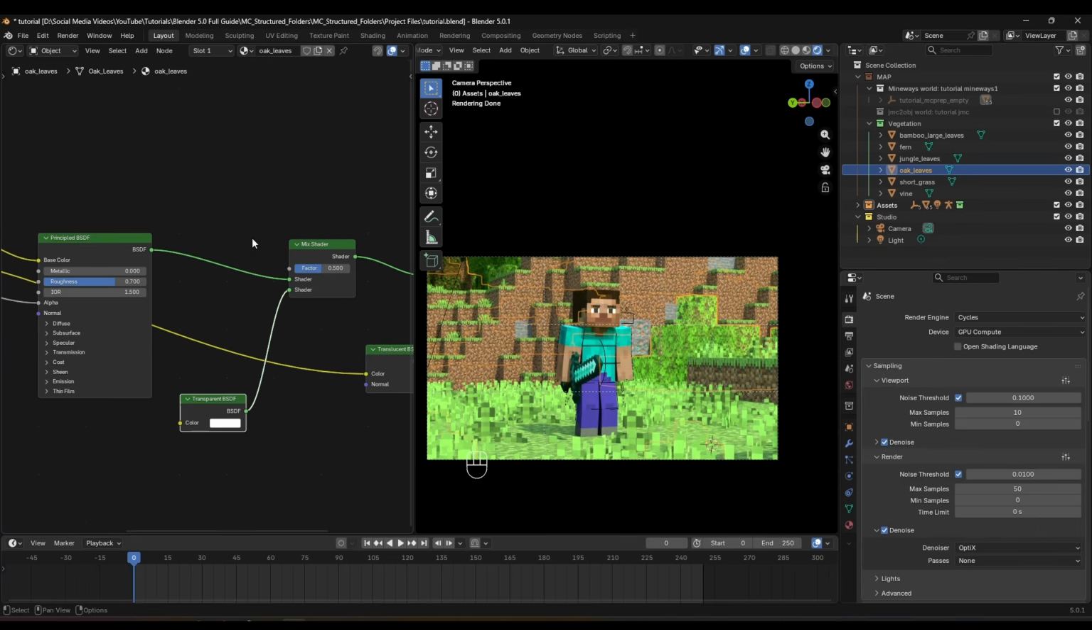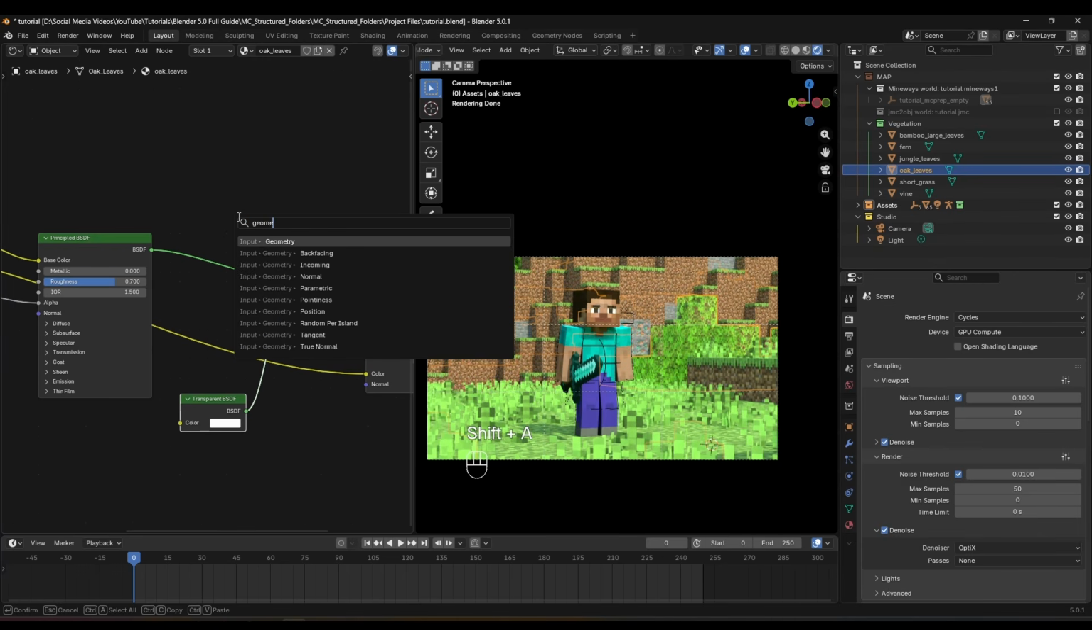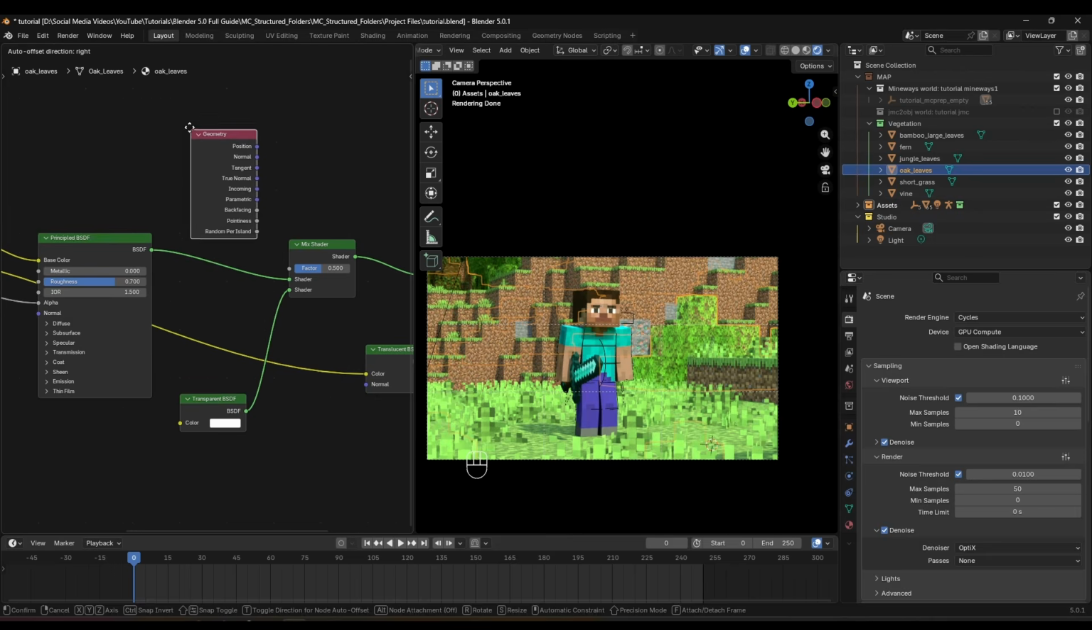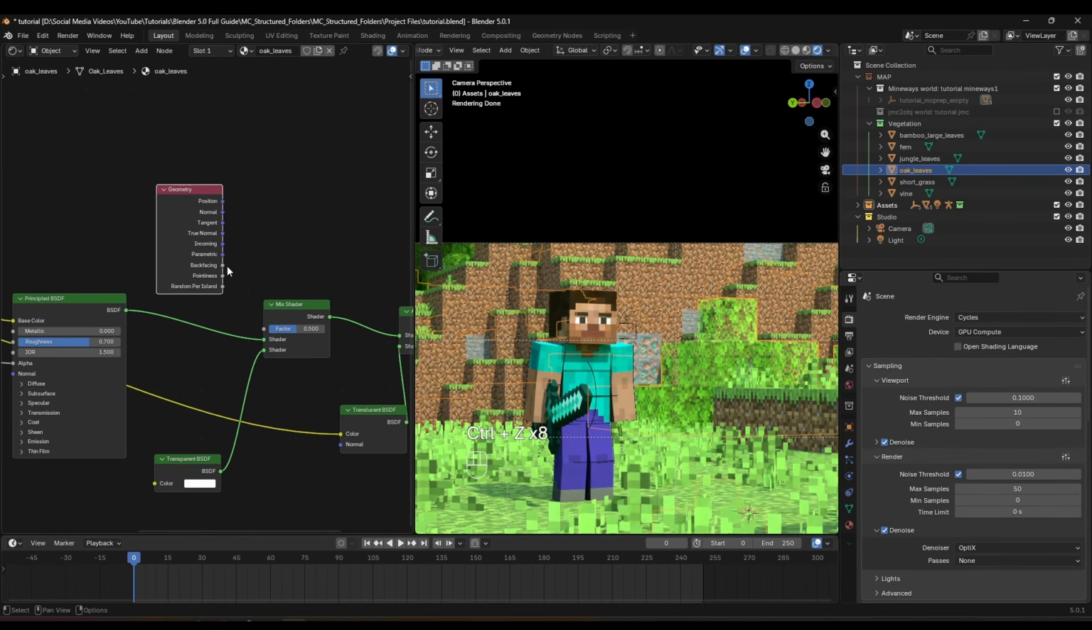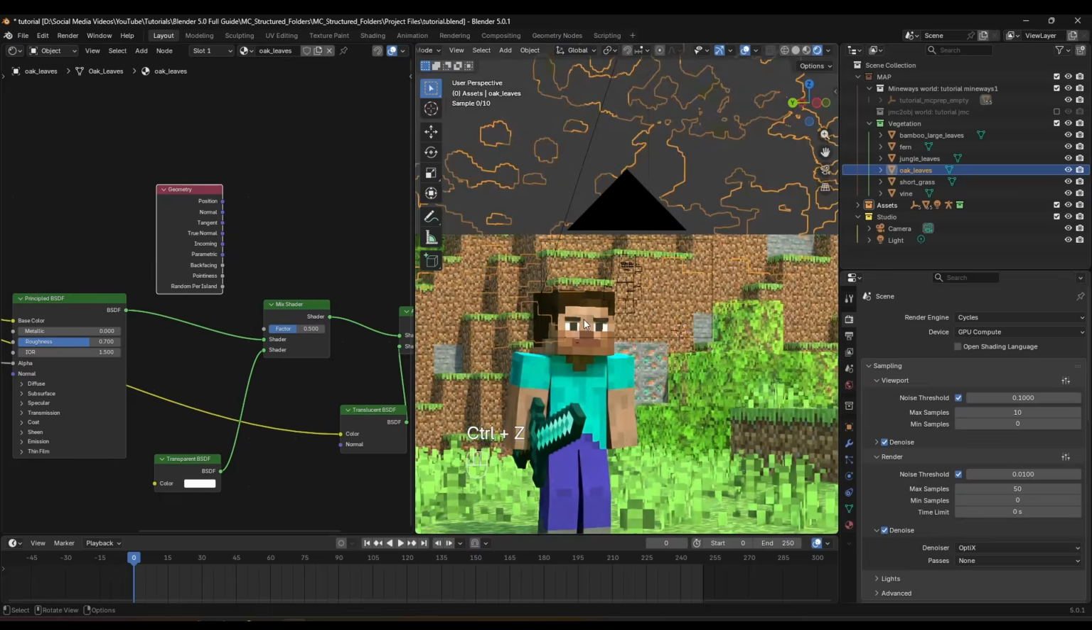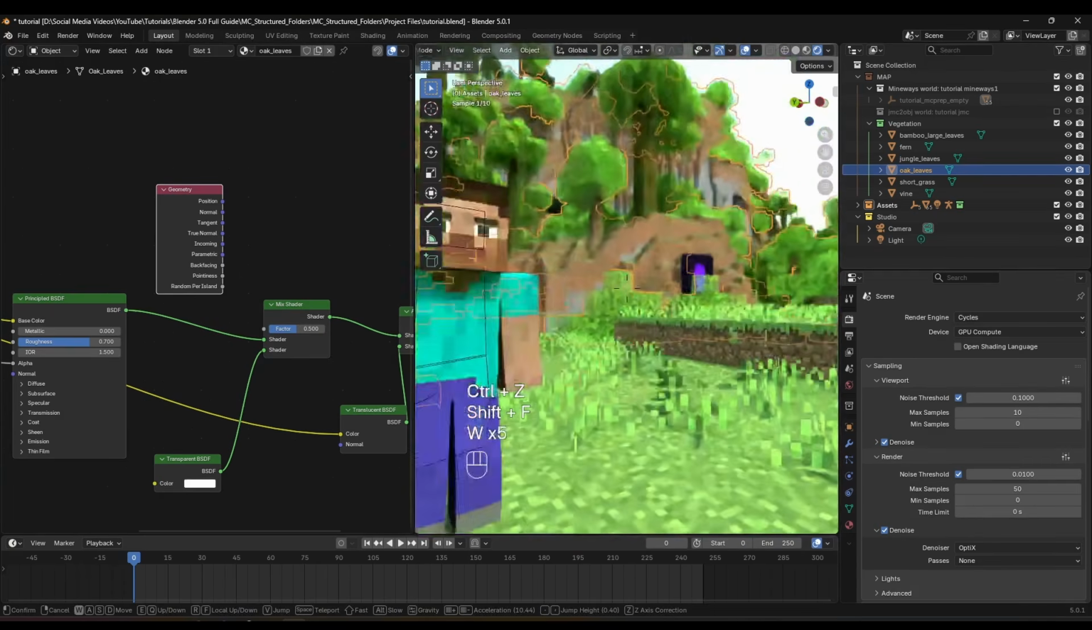And now what we need to do is click on Shift A and then search for Geometry. This is going to allow us to remove the faces which are looking away from us. Now select the back facing and then connect it to the factor. To show you what this does, I'm going to go out of the camera view and move